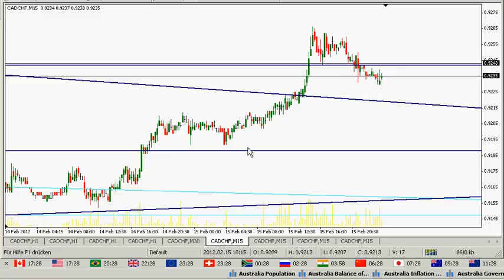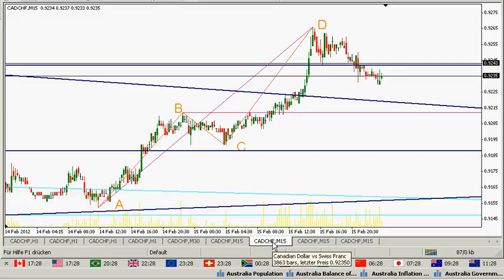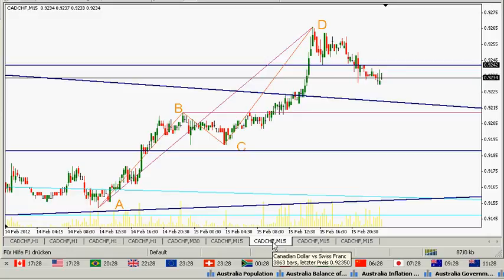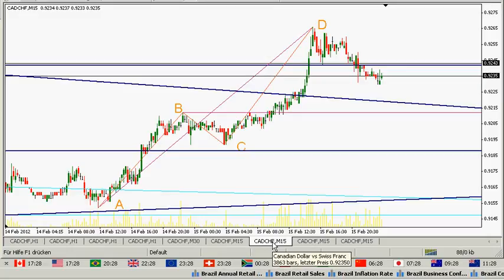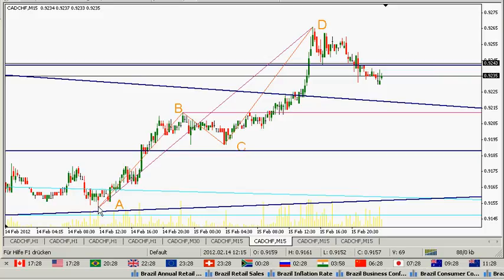So very interesting. By the way, I'm painting some lines here too on the 50 minutes base. We see here the low. The low was at midday Central European time, of course, roughly. Then we create A, B, C, and D from yesterday, of course, not today. Yesterday, today, last 48 hours.